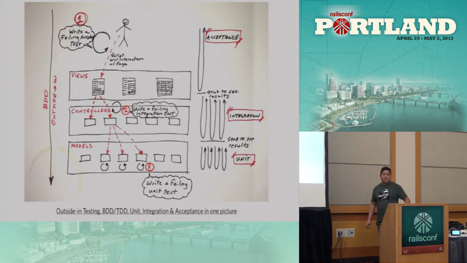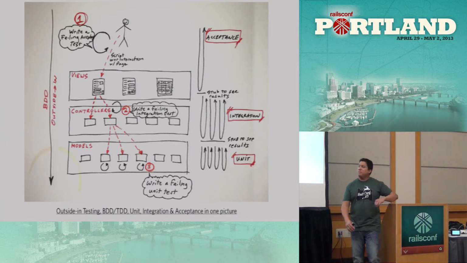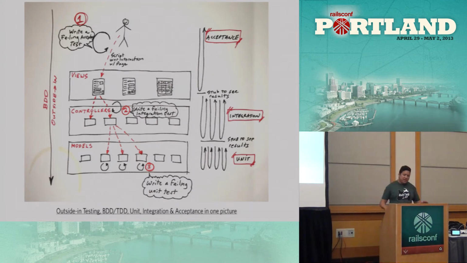And I put a little diagram together of what I think things should work like. So at the top, you see that I have number one, it's basically write a failing acceptance test. And by that I mean mimic something that the user does. So the user is actually putting some data in some edit field. They're pressing a submit button. They're expecting to see something on the screen. A pop-up comes up. A flash message appears. That's the type of things that we want to test at the outer layer of the application.